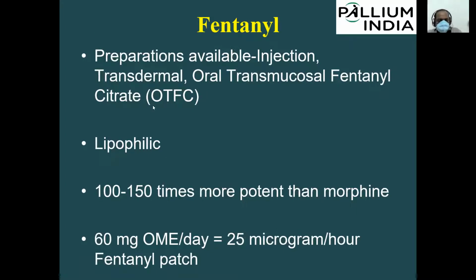And for patients who are taking 60 milligram of oral morphine per day, that is 10 milligram 4 hourly, you need to give 25 microgram per hour fentanyl patch. And if it is 30 milligram oral morphine per day, it will be 12.5. The previous patient was taking only 15 milligram, where Jaya suggested fentanyl patch, which we cannot convert because we cannot cut the patch into 2. So a fentanyl patch is not practical in that patient.